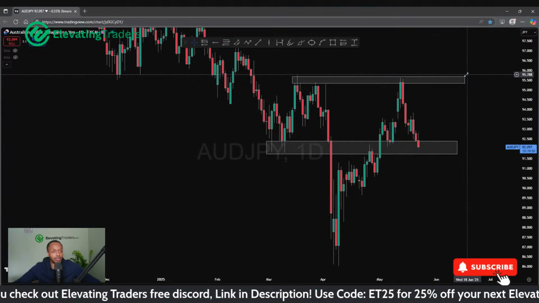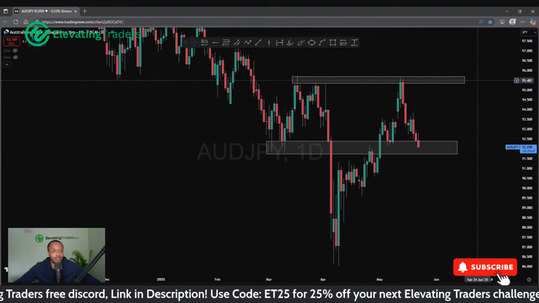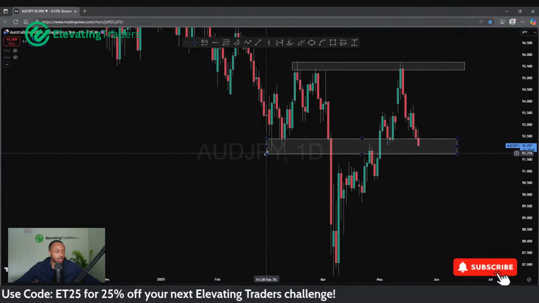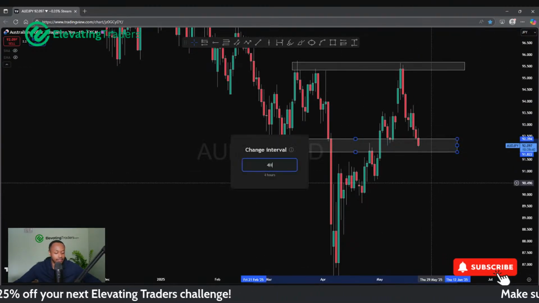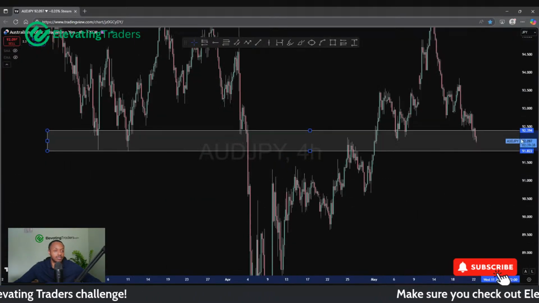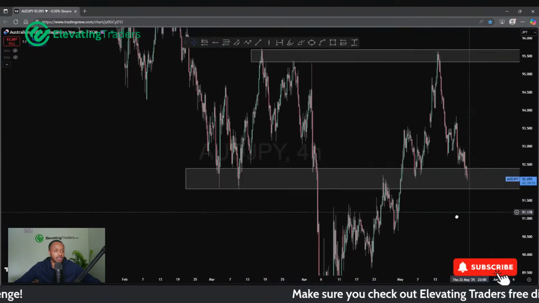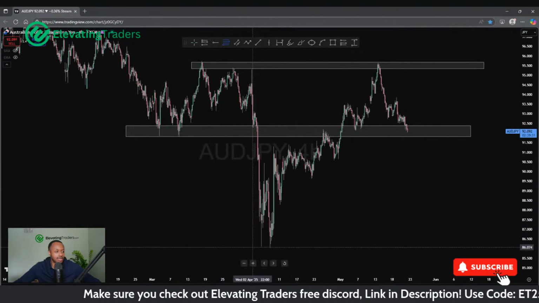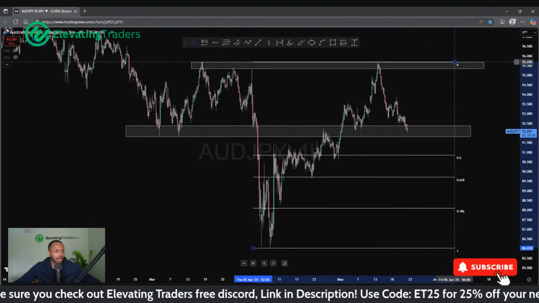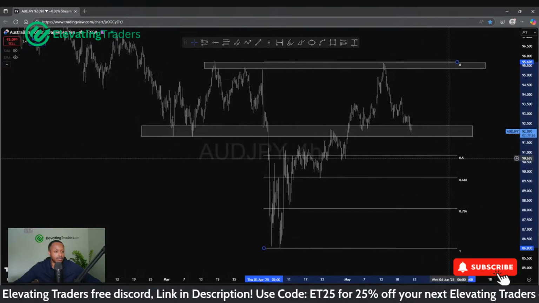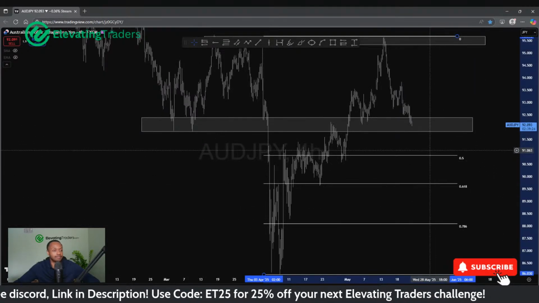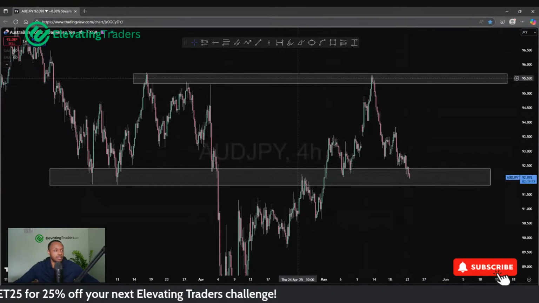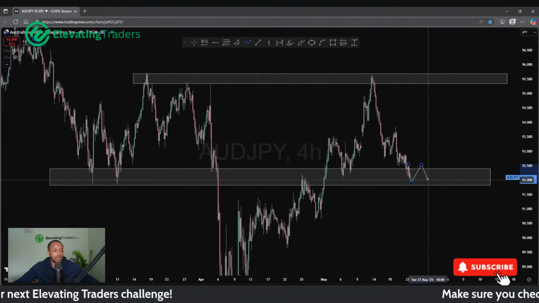This is still definitely a pair which I'm looking to trade, get into some buys and take it back into resistance at 95.5. We're trading at a very interesting price right now. So if I can see some development here, I would be looking to take some buys and take it back up again. If I whip out the fib, I don't think we've even hit the 50 yet, have we? No, we haven't. It would be nice if we could spike the 50, but I'll be happy to buy without it, because it's a level which marks the head and shoulder pattern. So if you can hold that well, I'll be more than happy to take some buys there.